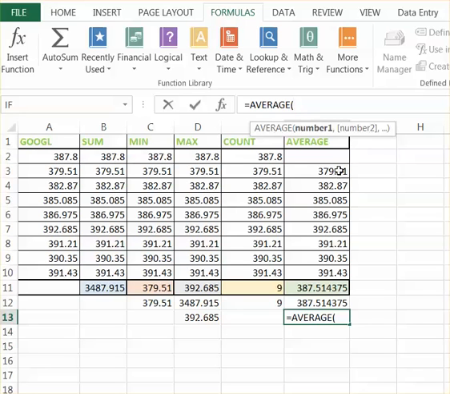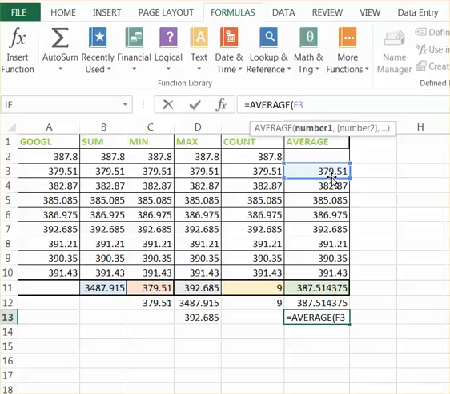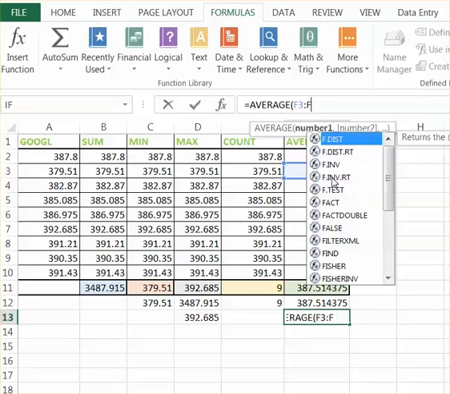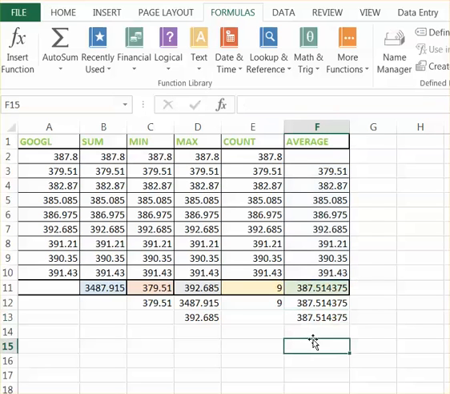My cell range should be F2, F3 to F10, F2 colon F10, then the result will be showing here.